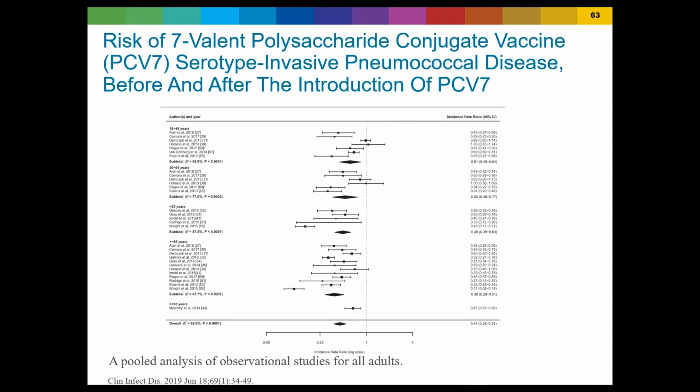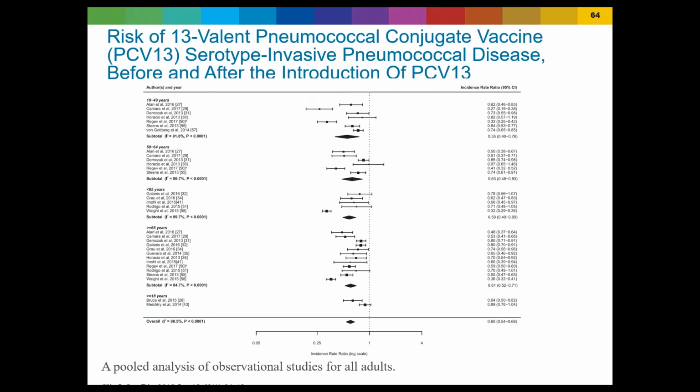So prior to PCV13, there was a shorter version, PCV7, basically targeting 7 serotypes, which was still very effective in multiple studies compared to those who did not receive this vaccine. This one looks at similar data involving PCV13, and once again, you have a robust benefit throughout in multiple studies compared to those who are unvaccinated.